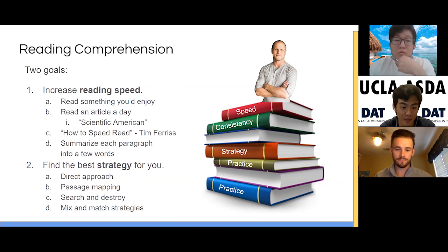So passage mapping down here, we'll skip to B on strategy. How that works is you'll write down a word or two about each paragraph on the reading comprehension section, and then answer the question so that you have a word to kind of map back to in the passage. And that's hence passage mapping. So that's why we say up above, summarize each paragraph into a few words while you're reading that scientific article